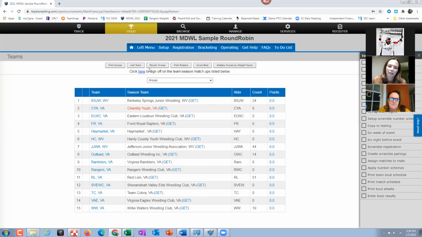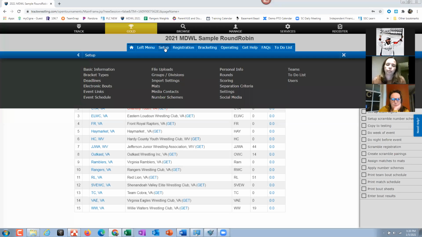So the big difference of this one is that when you copy this, you're going to want to copy the teams, because then all the teams will come over and you can just delete the ones you don't want. This is important because sometimes people would write Rangers Wrestling Club, and sometimes people would spell out Shenandoah Valley. So it's a lot easier if we keep the team names the same, especially when I compile stats at the end of the year.